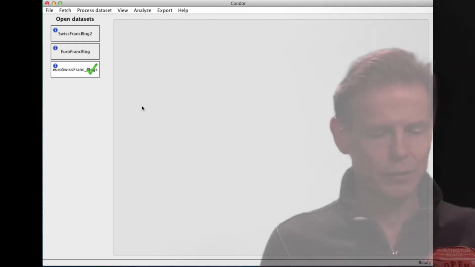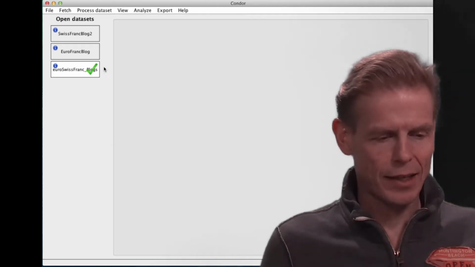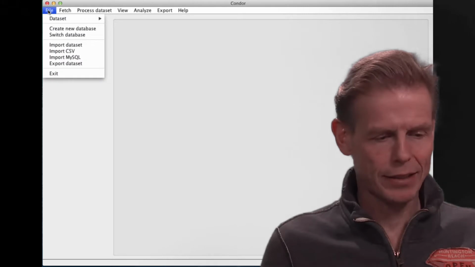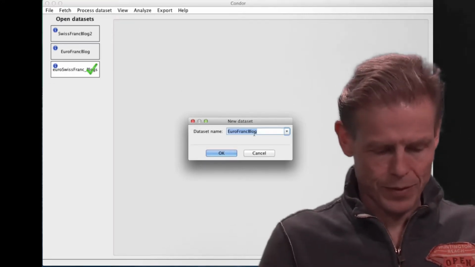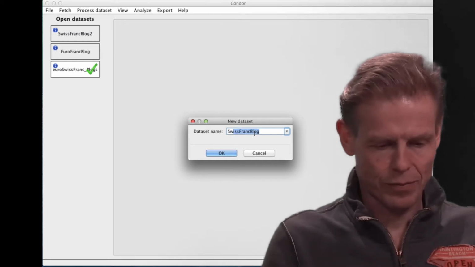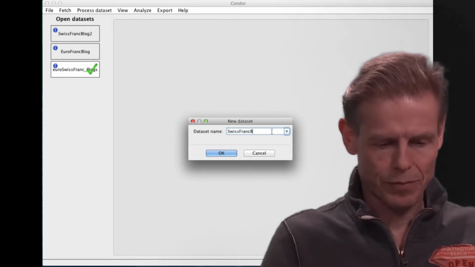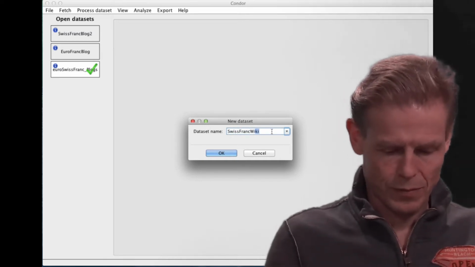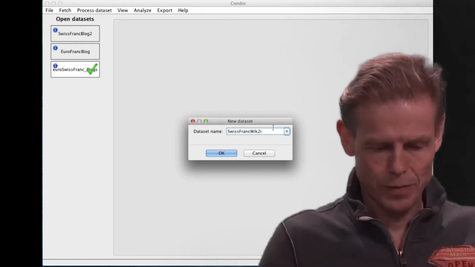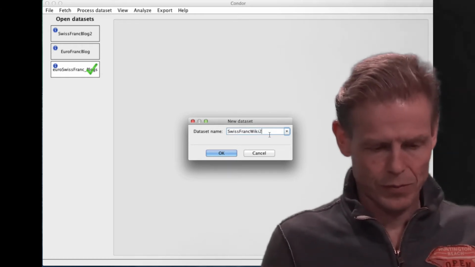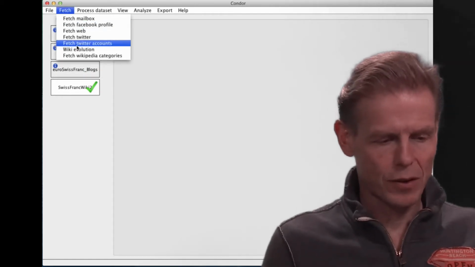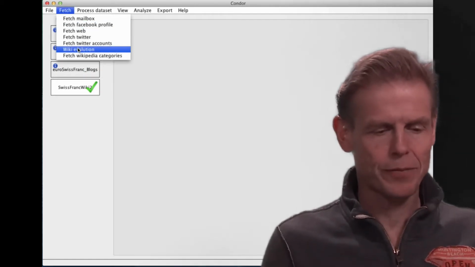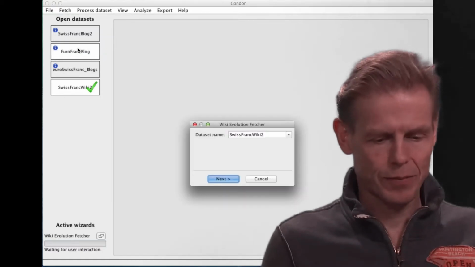Now let's compare that to Wikipedia. And I'm now creating a new data set, which we call Swiss franc wiki 2. And now I can call the wiki evolution fetcher, and